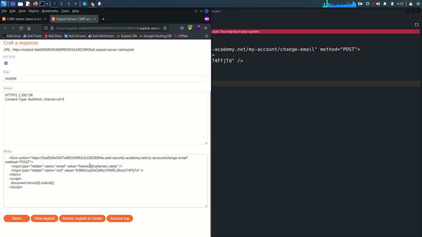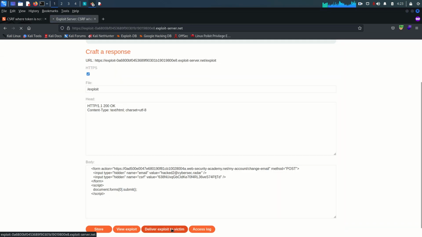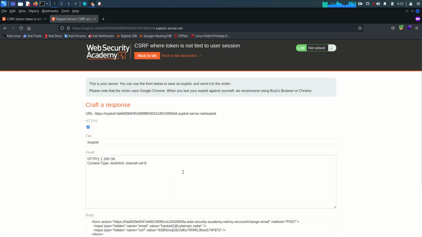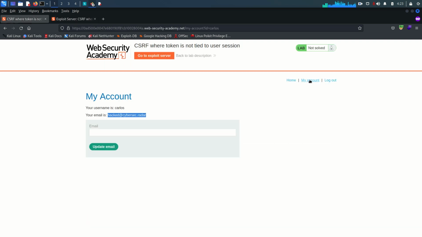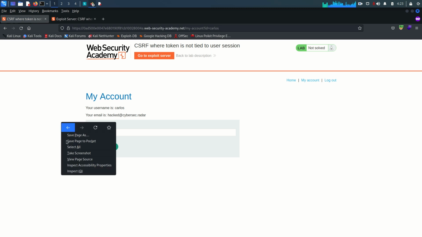Just change the email, because once the email is assigned to someone, it is going to say invalid email, or email is already assigned. So we need to change it to a unique email. Now store this, and we are just going to deliver this exploit to the victim. That should work. Oh, okay, one more thing: once you use that CSRF token, the next time you will get another token. So if we go back here and refresh the page,